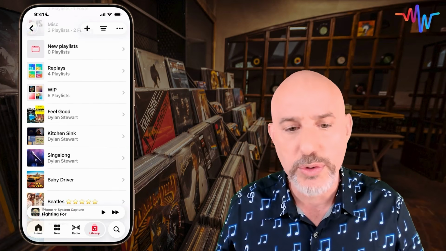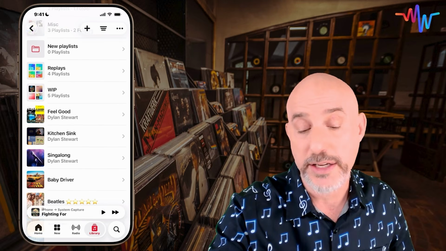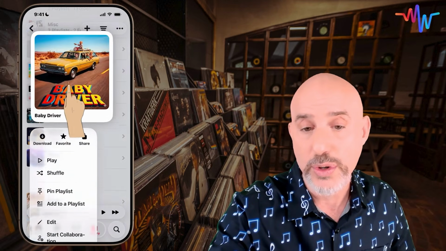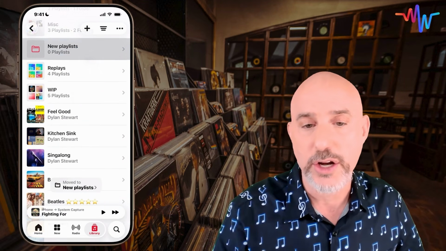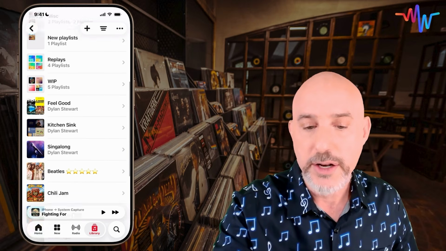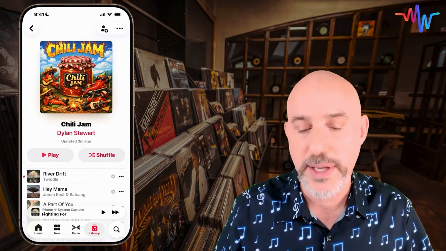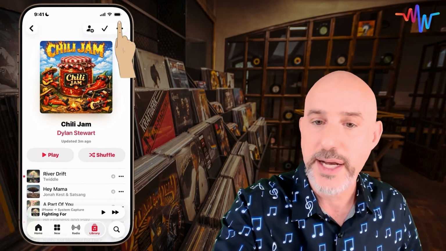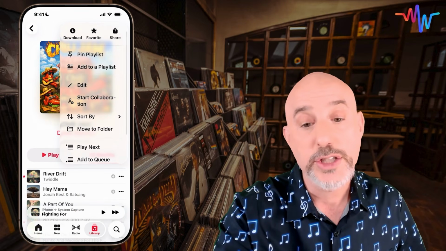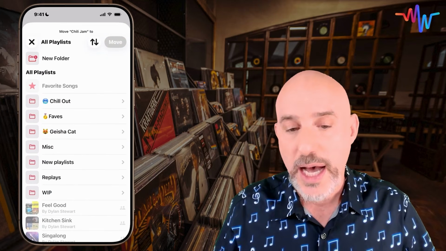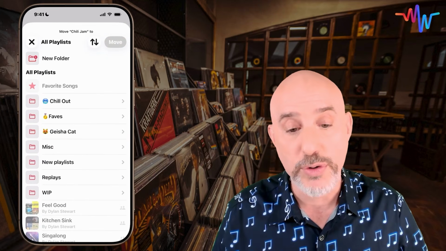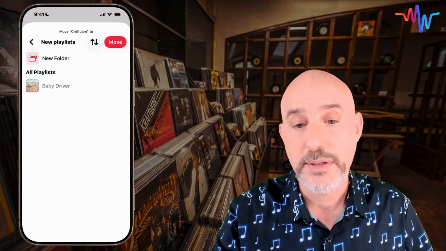Once you've got a folder, you can add things into it by dragging and dropping. I can press and hold, move this in, and just let it go right inside of that folder. But I can also go into the playlist itself, click the three dots in the upper right-hand corner, and choose where it says Move to Folder. I can put it in any of the existing folders that I want by tapping on it and clicking the